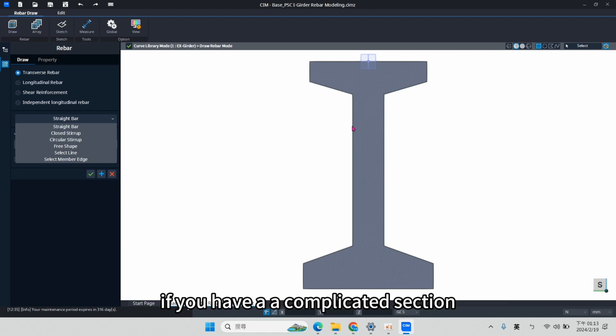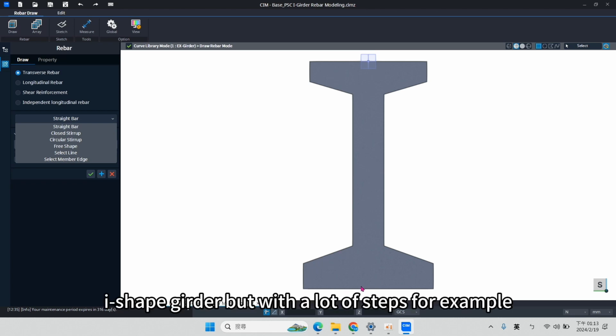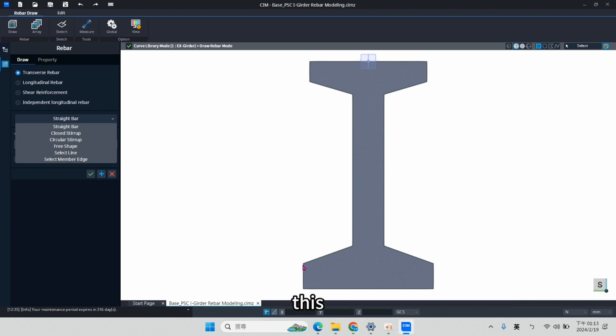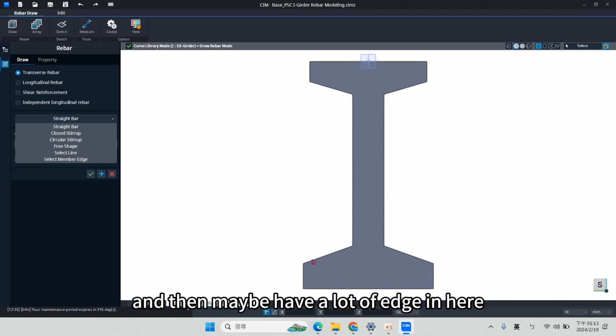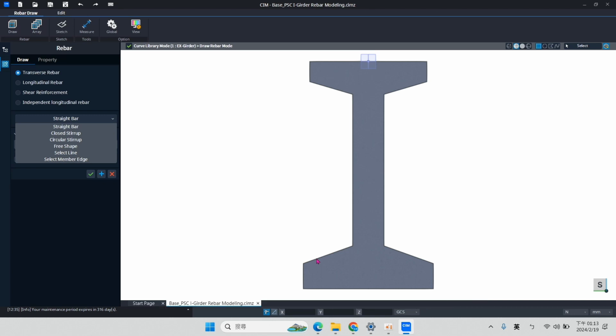So for example, if you have a complicated section, maybe the section is like an I-shaped girder, but with a lot of stages, for example like this, and maybe have a lot of edges in here, a lot of points.